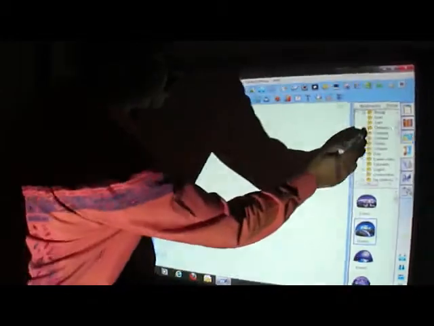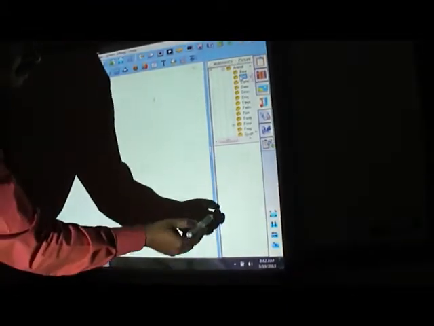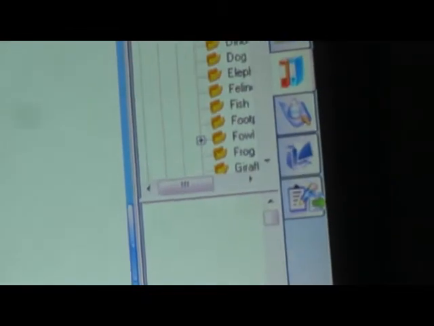The same is with the other power tool, which is called the revealer tool.